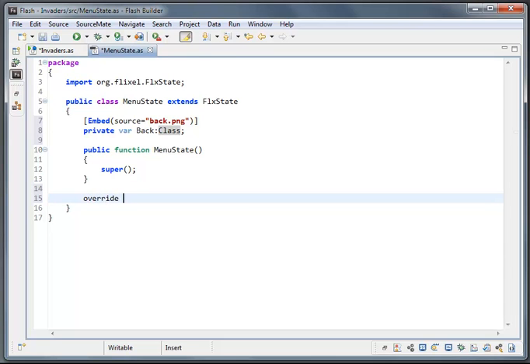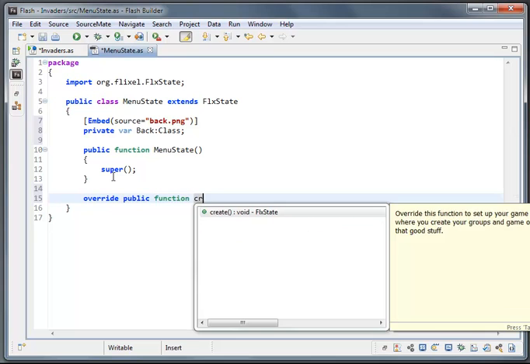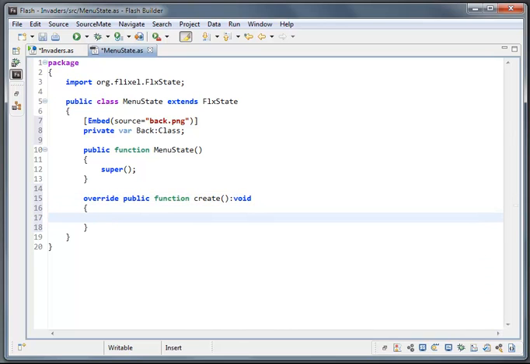So let's override public function create. And this is essentially our initialization function. As soon as a state is created, it's going to call this function, and this is where we can set everything up. So the first thing we want to do is add the background to our